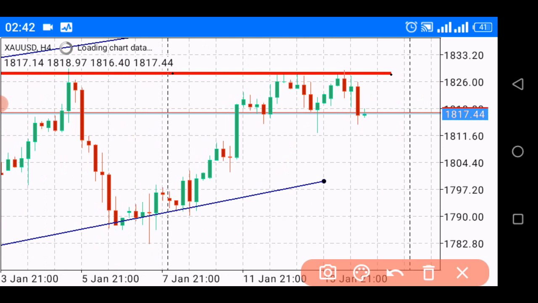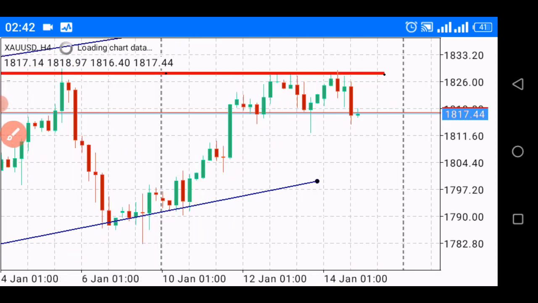We have the first rejection candle here. We have its confirmation. We have another rejection candle here. We have its confirmation. Automatically, this will look like a corrective movement,